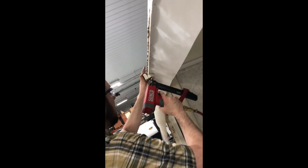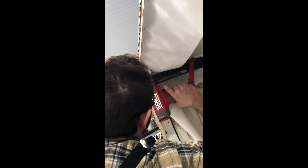Once you got it tacked, get your jig. You don't need a jig, basically just 1 inch from the edge. You make a whole line of staples so that it can